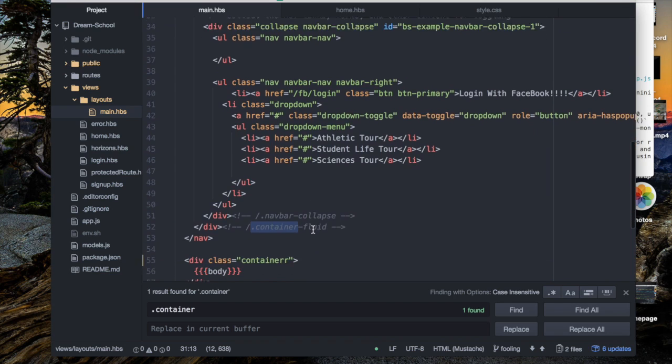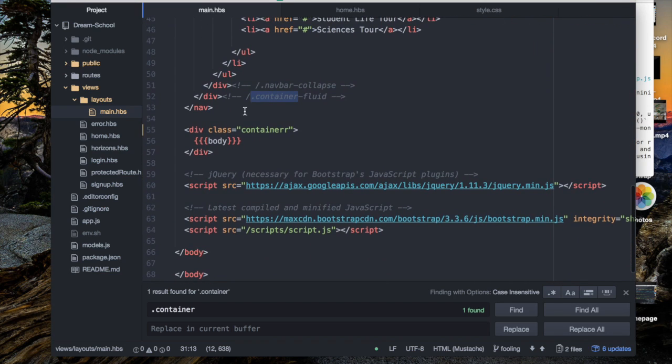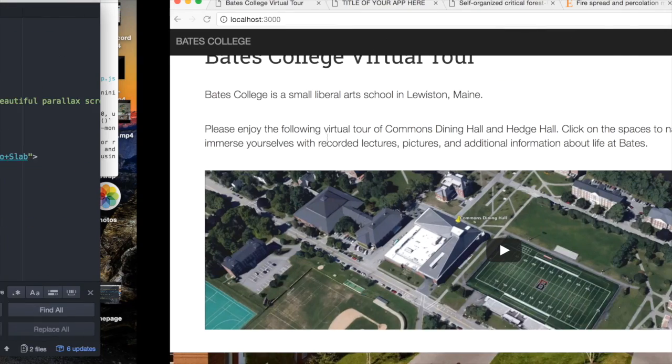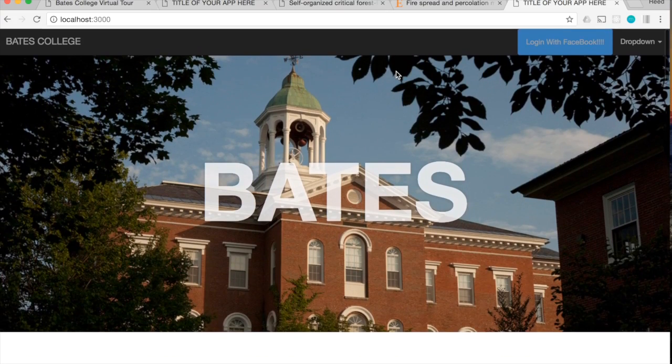Then all of this gets served on every page, and this body tag includes the different pages that correspond to a different route. So in my home.hbs, which is the screen that can be seen here,